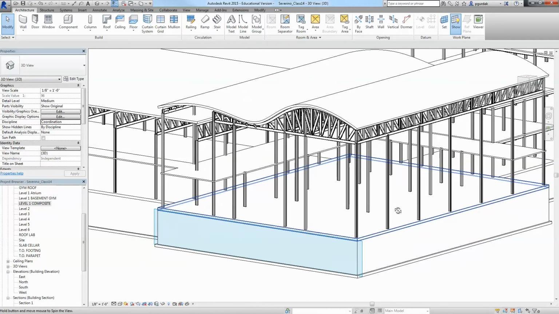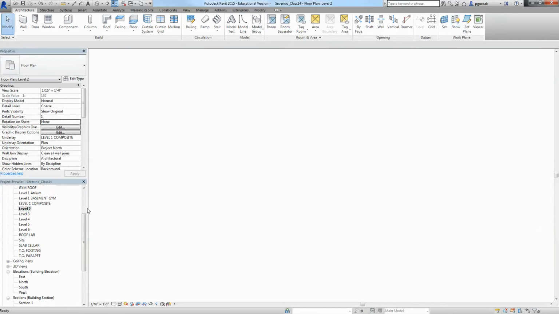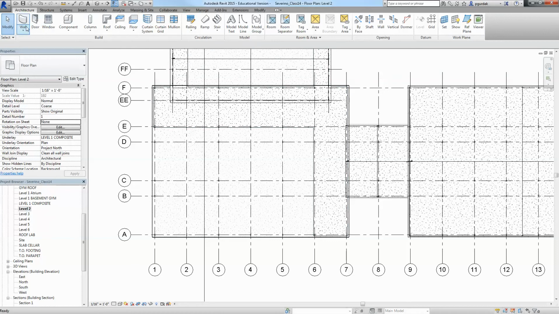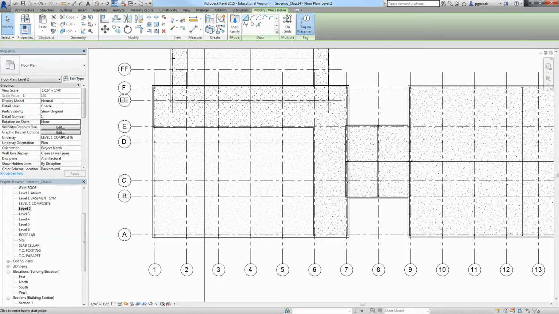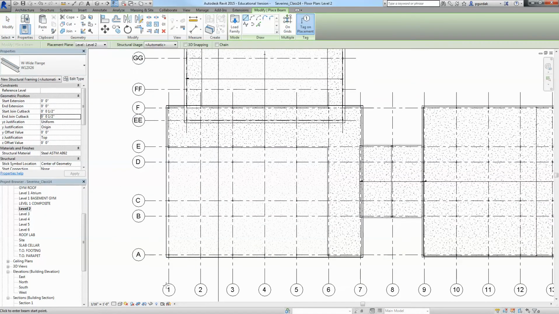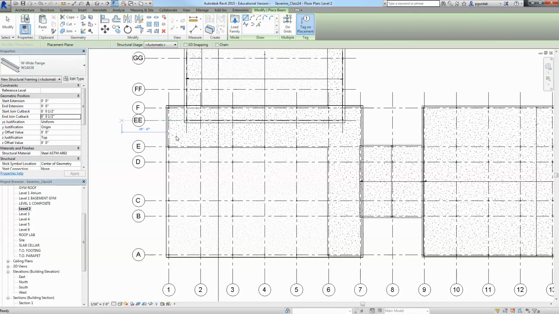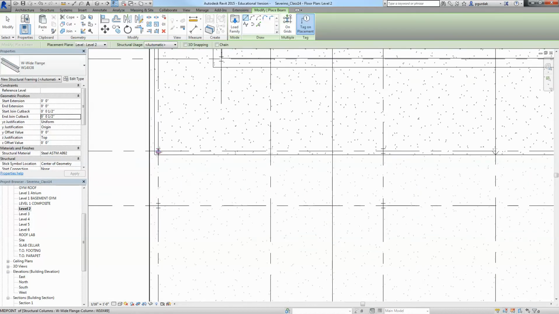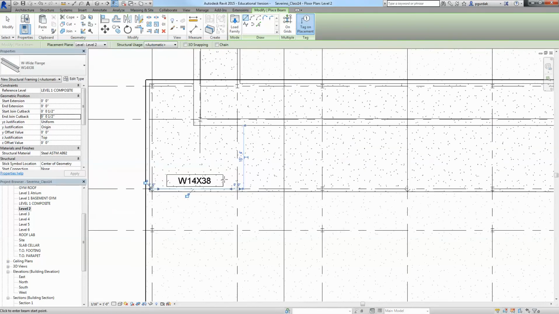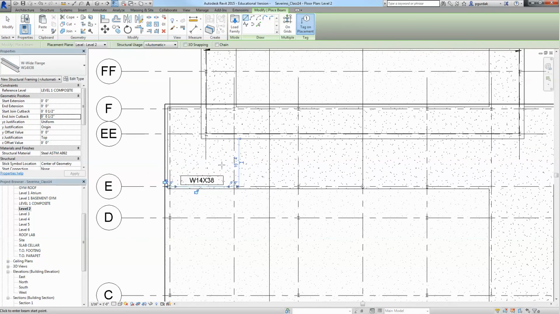Good. We need beams also from level 2, so level 2 now. Press structure, beams. It will depend on their span, so you have them already made, so you also uploaded all the different kinds. I'm just going to select any one, but you should double check which span do they have and go from column to column. They're being tagged automatically because we set it to tag, but you can detag them afterwards actually, so don't worry. And you can say chain